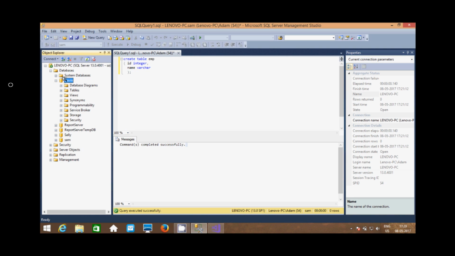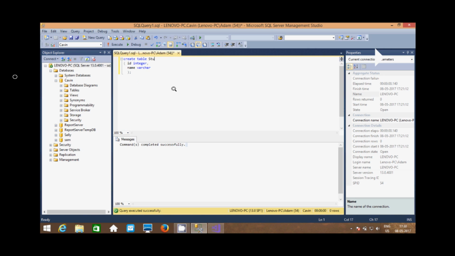Now first select the Kevin database. Here I already wrote the query, so I'm going to change only the table name.